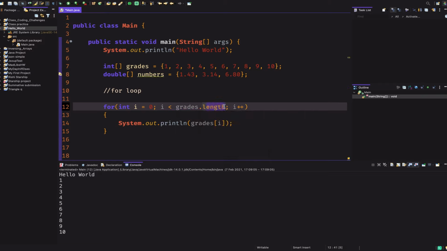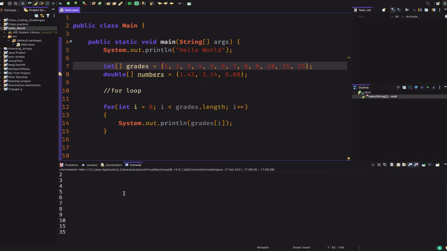So by invoking this length on the array grades, your array name dot length actually returns the length of that array in particular. In this case, the length of the array grades will be 10. And if I wanted to add a couple more items, 15, 35, etc., this value will change without me needing to change it, which is known as making your code dynamic. Meaning that if any of these variables were to change, your code would still function and would just change the values it uses. The for loop itself does 3 things.